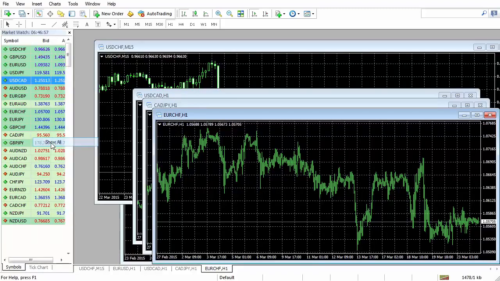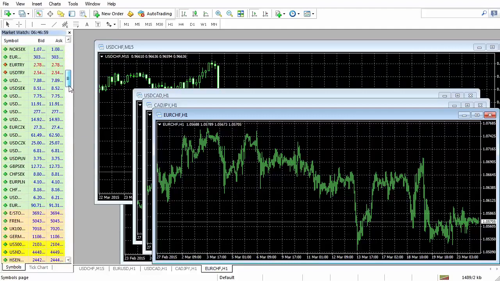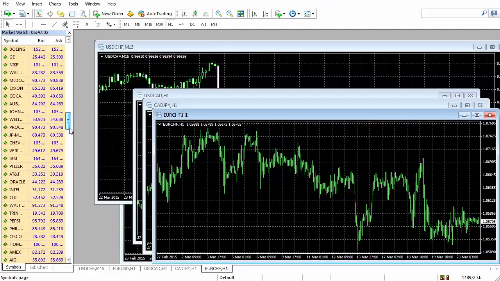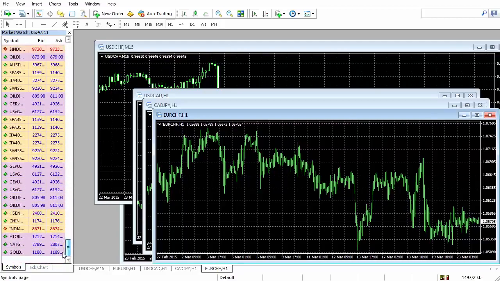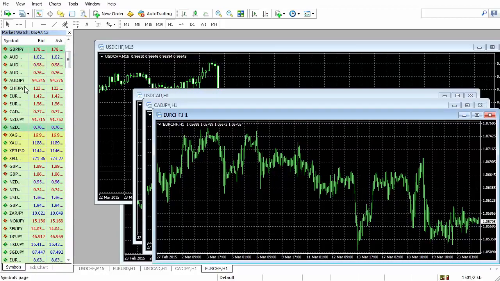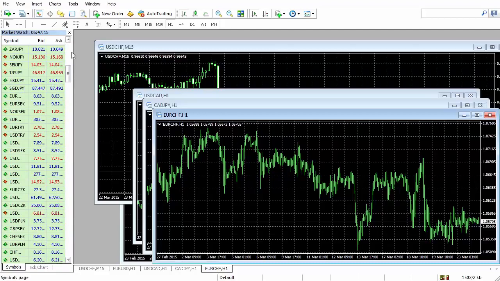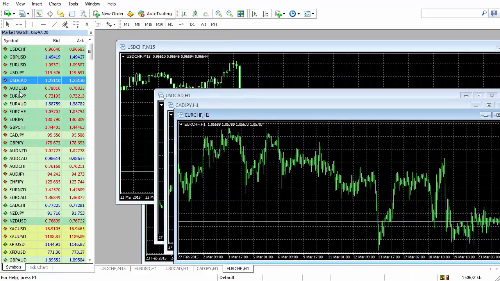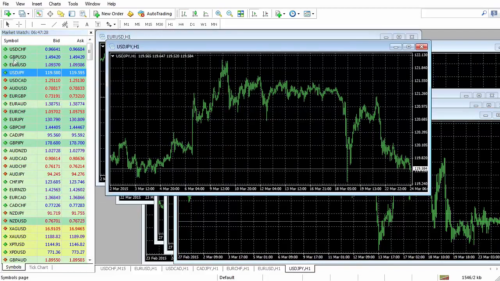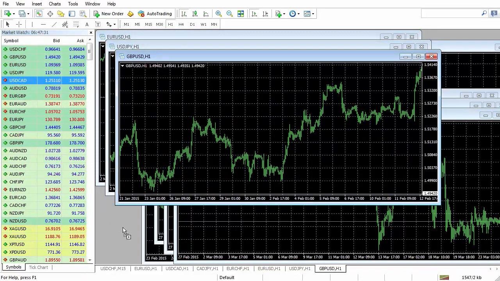You click show all and it is now going to add all of the different currency pairs, plus depending on your broker, this one has got different stocks as well. You might have all kinds of extra stuff, but you'll have lots of different currency pairs. We can create the window, big, small. So we have the different currency pairs, add them if you like. The easiest way to do it is to just drag and drop them onto a blank spot on your platform